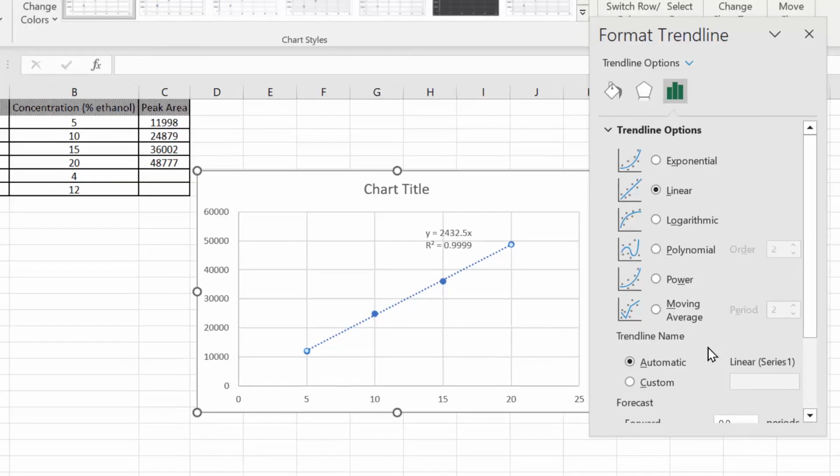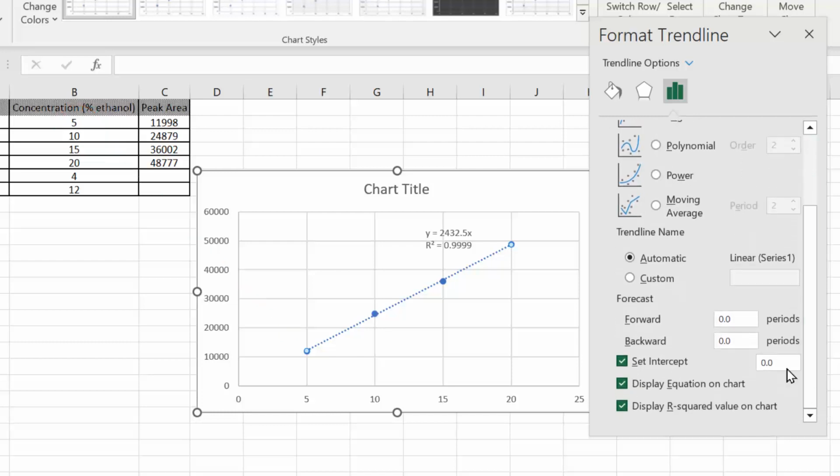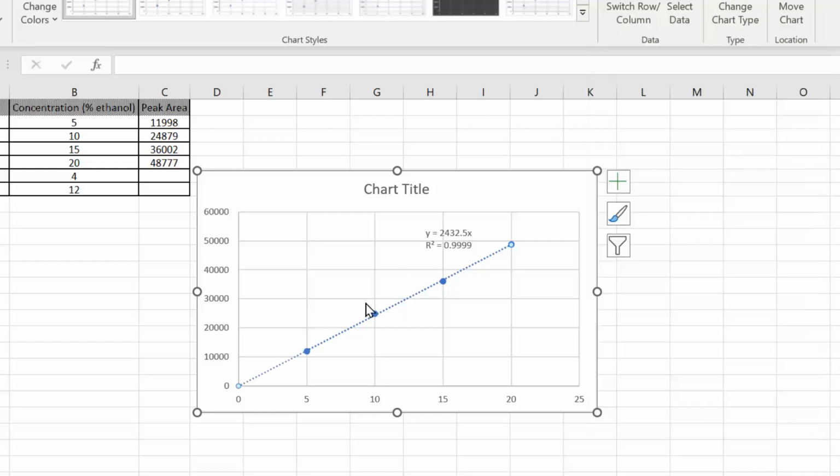now on observing the data here, my first x value is 5, and that's where the first point is plotted for the trend line. I'm going to this forecast backward option, and I'm going to forecast backward 5 periods. That's the x value. That will take me back to x equals 0. And OK. Now that we see we have the trend line displaying back to 0,